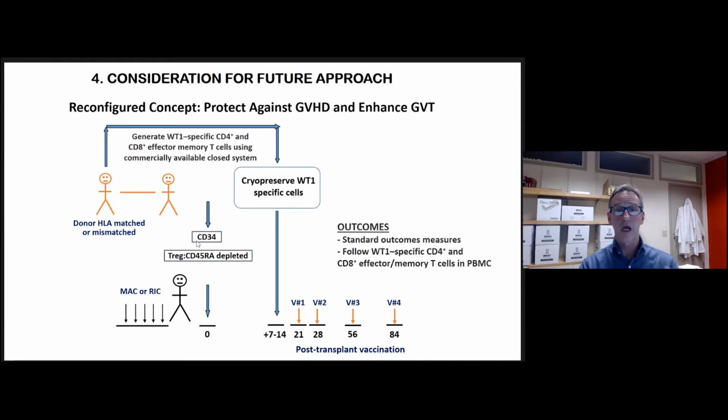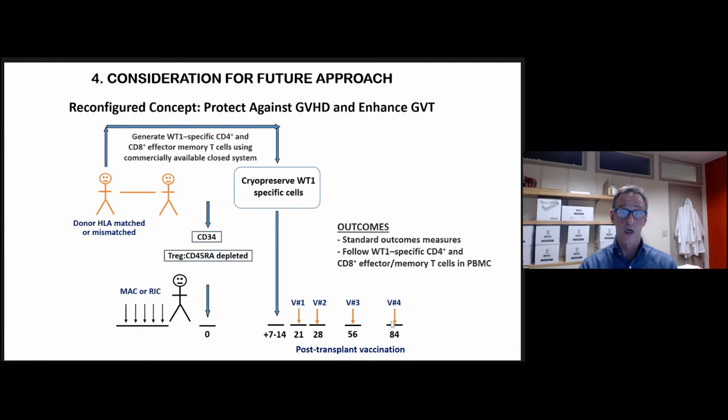They can get some kind of engineered graft. It could be alpha beta depletion. It could be an ORCA graft like this. And then shortly thereafter, the cryopreserved WT1 effector cells are thawed, infused, and then you give WT1 peptide vaccination to